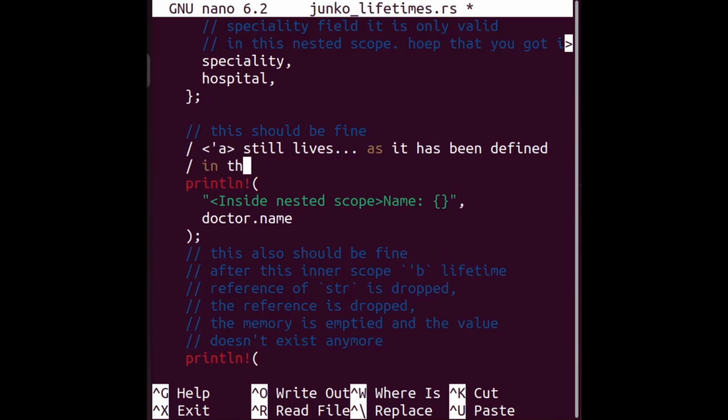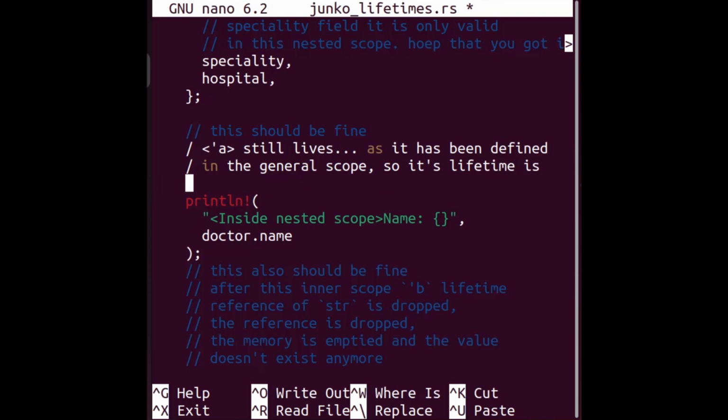Initially it comes from the general scope, but when we defined the struct, we could allocate that variable in it. The lifetime started when we actually defined the Doctor struct, because that's when we are decoupling those lifetimes, decoupled from the two other defined